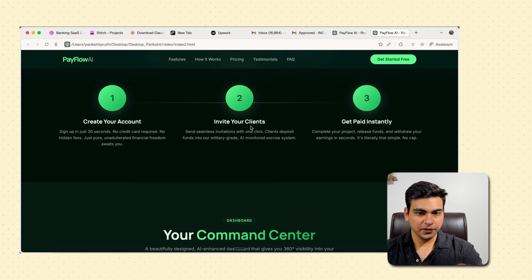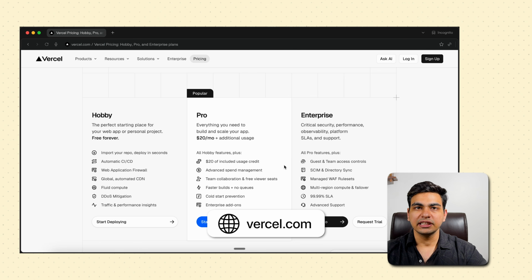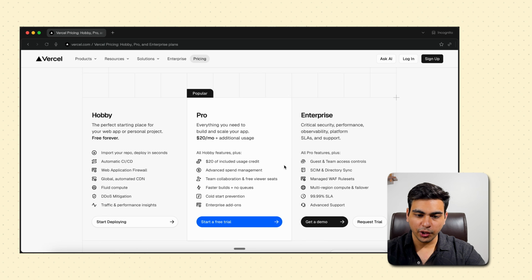To me, this looks perfect, and now in order to deploy this, I use a website called Vercel, which has a very generous free tier, and you can deploy your website and add your custom domain for free. Try it out